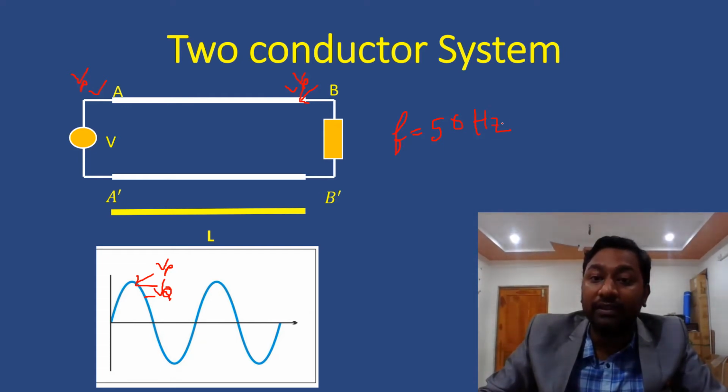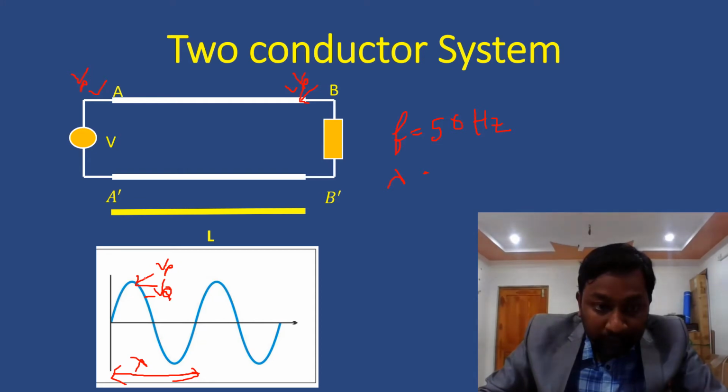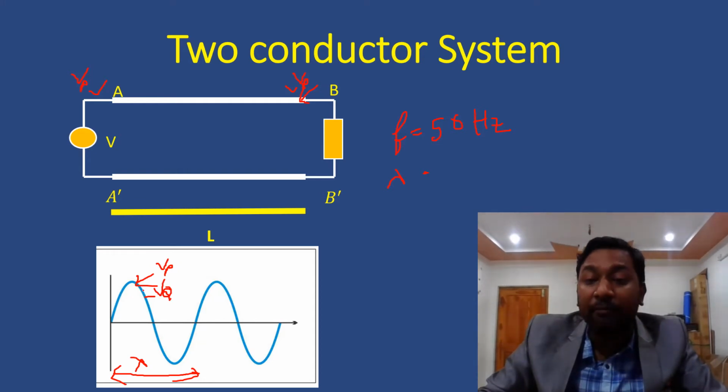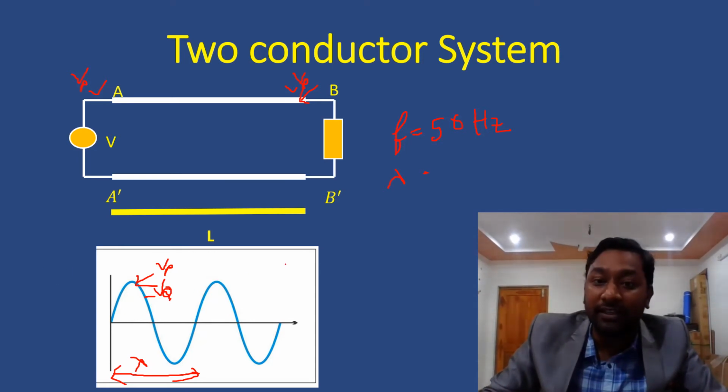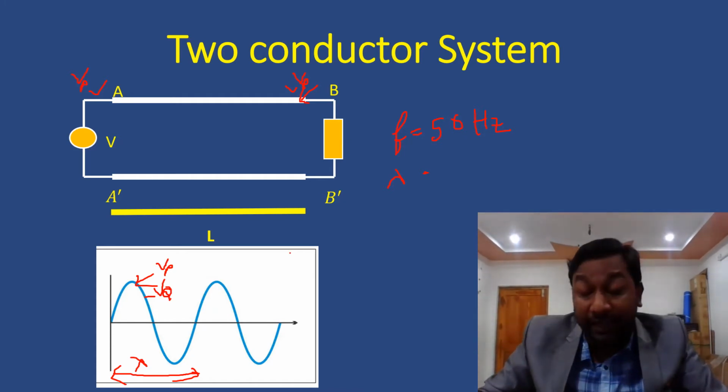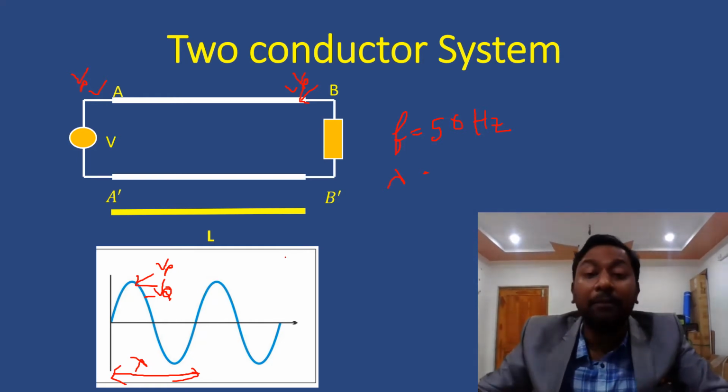At low frequency, the wavelength lambda for 50 hertz is about 6000 kilometers. So the voltage difference between two points is very small. That's why in low frequency analysis that difference is not calculated. But whenever we move to high frequency, there must be some voltage differences, and if frequency increases, then the transit time effect will increase.